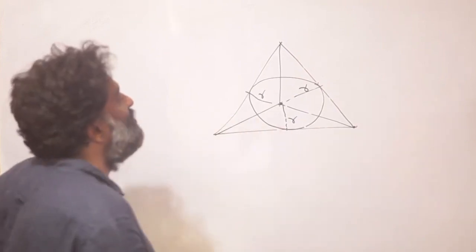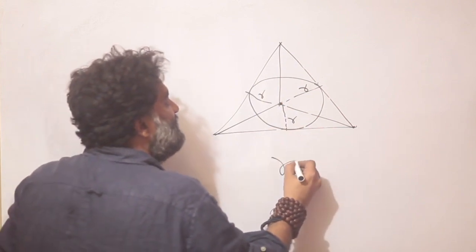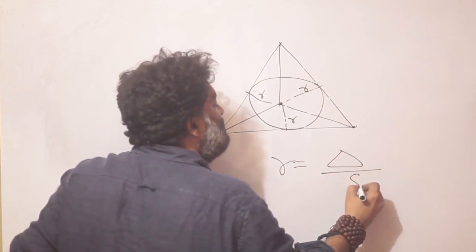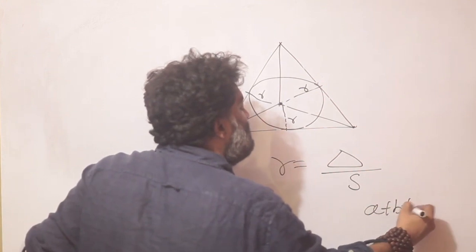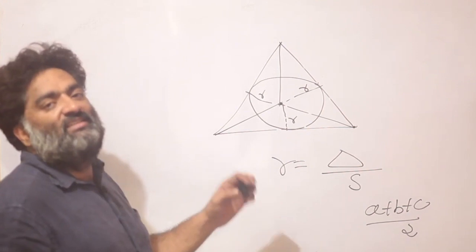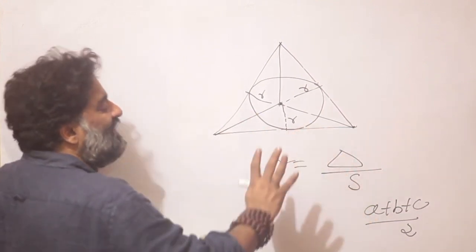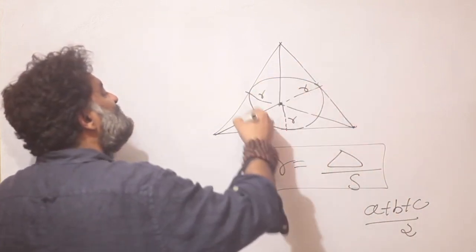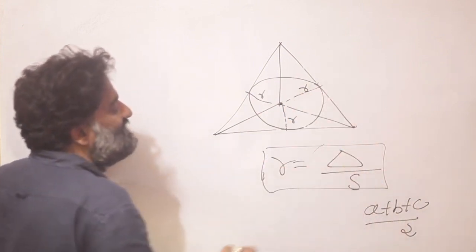So looking at one more property of the incircle, the radius is going to be the area of the whole triangle divided by the semi-perimeter. Semi-perimeter is nothing but the perimeter, A plus B plus C, divided by 2. And the area of the triangle we already know is going to be half base into height, or whatever other formula I want to use. Maybe somebody has directly given me the area of the triangle. So this is another key result: if you are thinking of the incircle, the radius of such a circle is going to be the area upon the semi-perimeter.